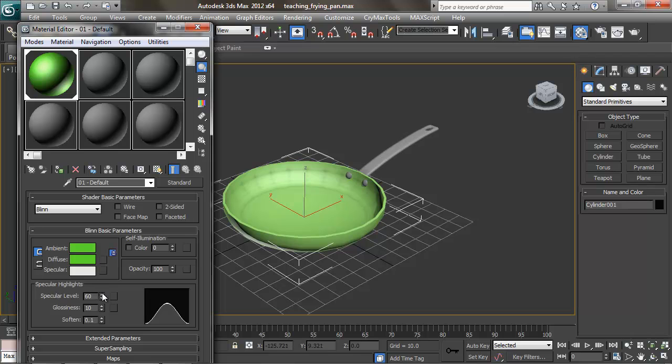This specular level basically controls how bright we want that highlight to be, and this glossiness controls how tight we want the highlight to be. So if we have a very bright specular level with a very high glossiness, we'll have, as you can see indicated on our material ball, a very tight little white dot. If we have a low specular level and a low glossiness, we'll get big,